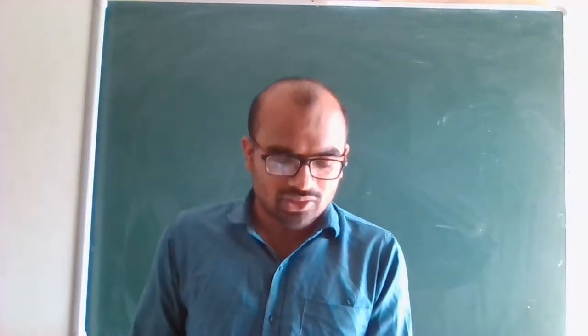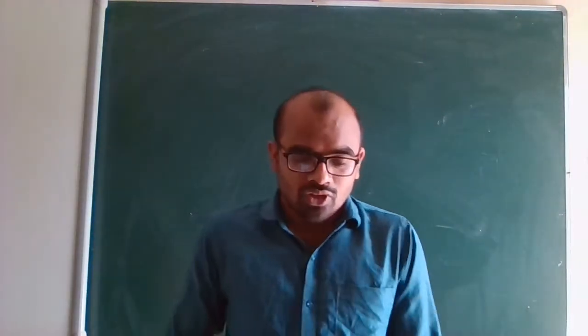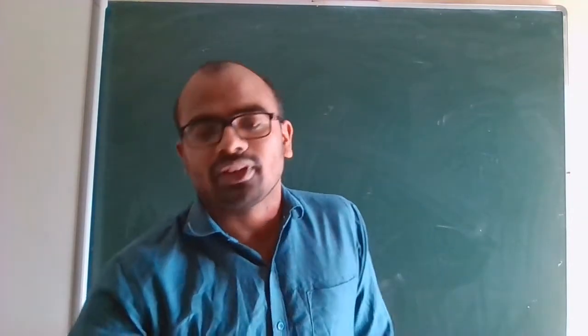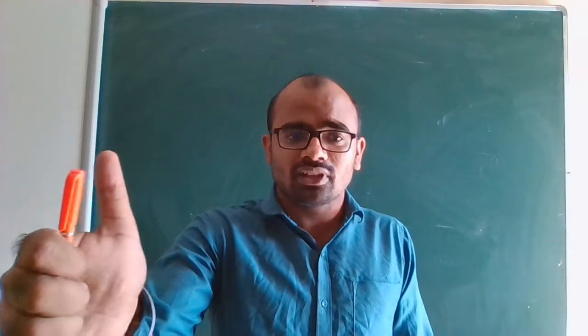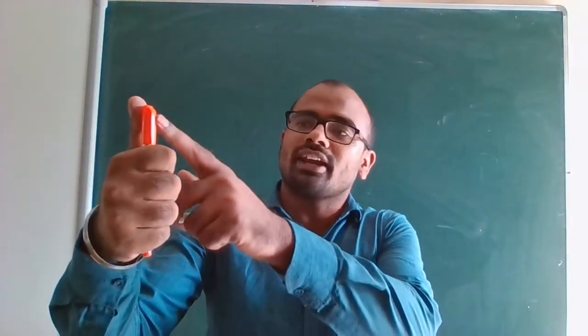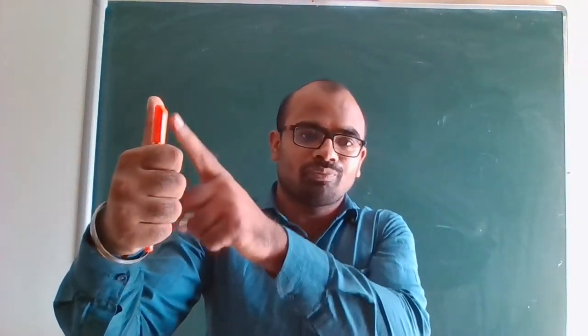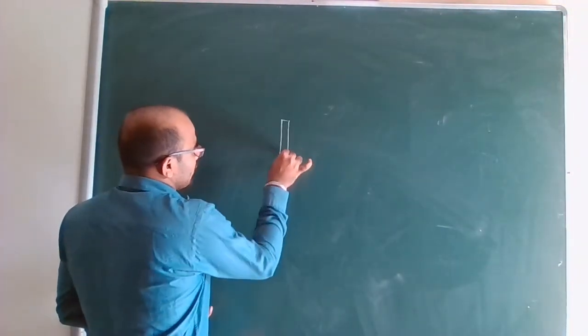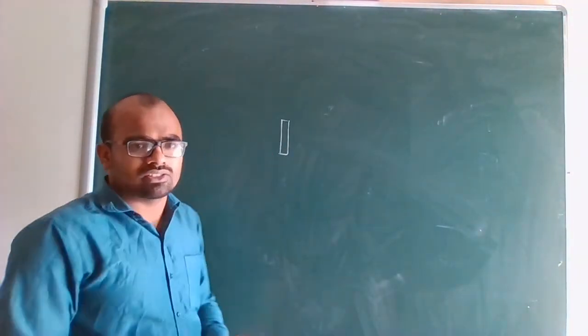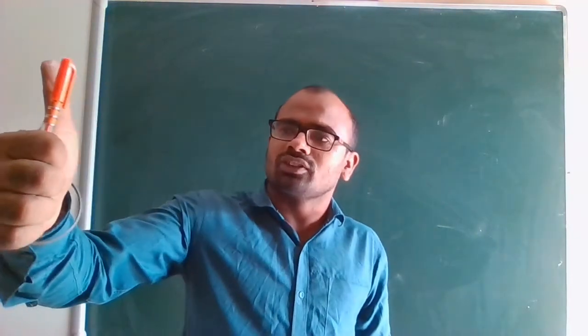Let me repeat that if you are not there. It is the right hand thumb rule. If I consider this pen as a conductor, see here like this, the current is in the direction of my thumb. Similarly, suppose I am holding the fingers like this, the thumb is giving the direction of current.